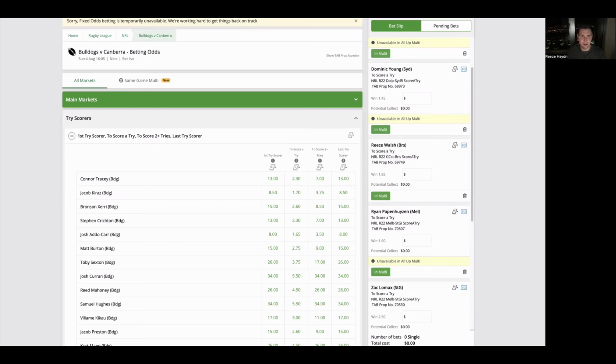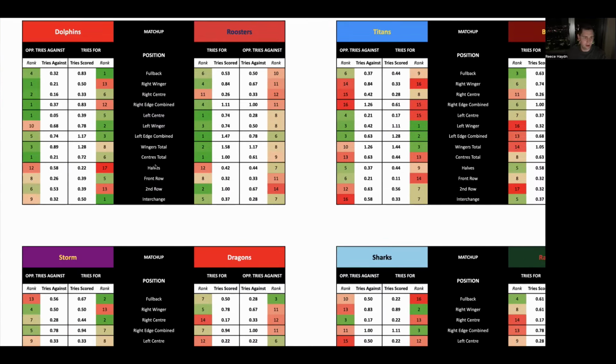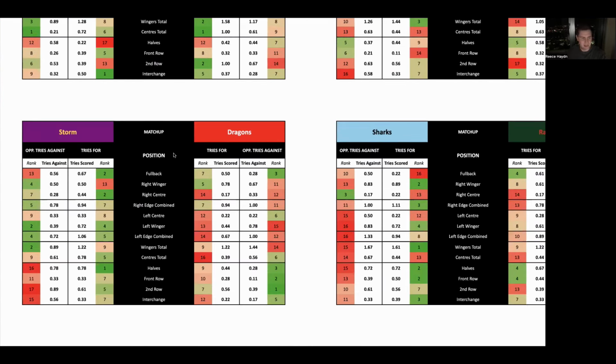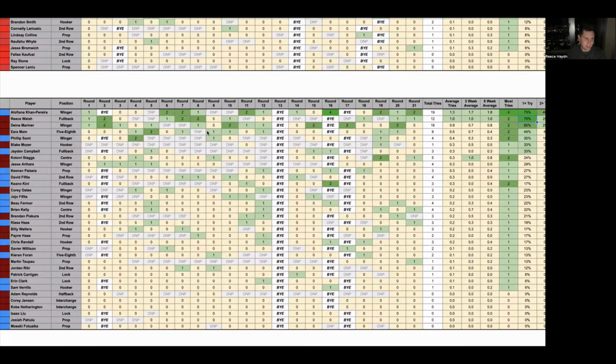Then into the next game now, Storm versus Dragons. This game, we're going to have 3 plays. Firstly, Storm fullback. They're the 2nd best in the league, scoring the 2nd most tries to this position. The Dragons concede over half a try a game, ranked 13th in the league. So good situation here for Ryan Papenhuyzen